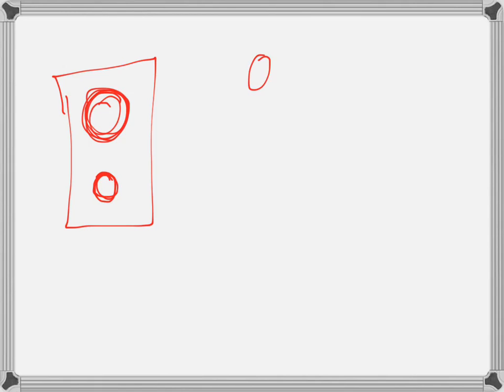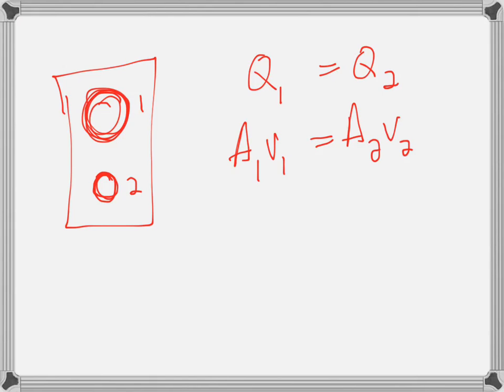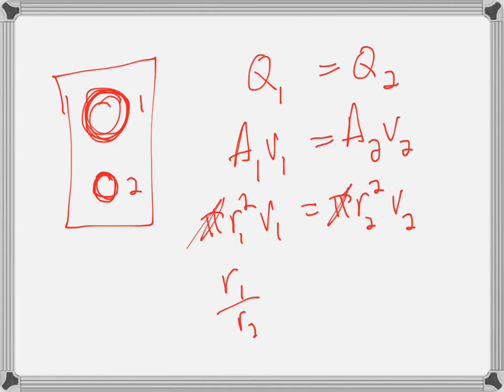So if the volume rates are the same, let's have this be 1 and this be 2. Volume rates are the same. That means the area of hole 1 times the velocity of 1 equals the area of hole 2 times the velocity of 2 coming out of that one. Okay, so these are circles, so it'd be pi r1 squared times v1 equals pi r2 squared times v2. And of course we can just cross off the pi's. And then we can do kind of a ratio. We could do r1 over R2, that whole thing squared,